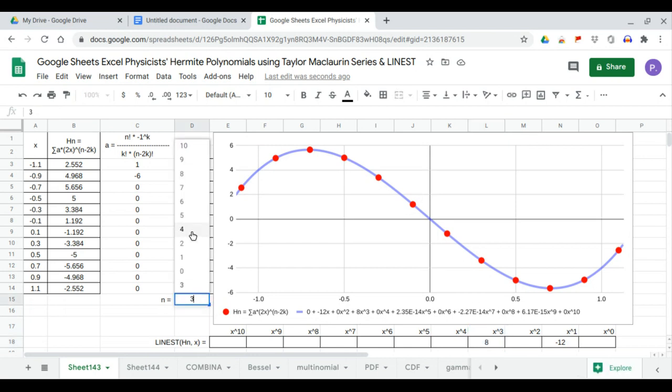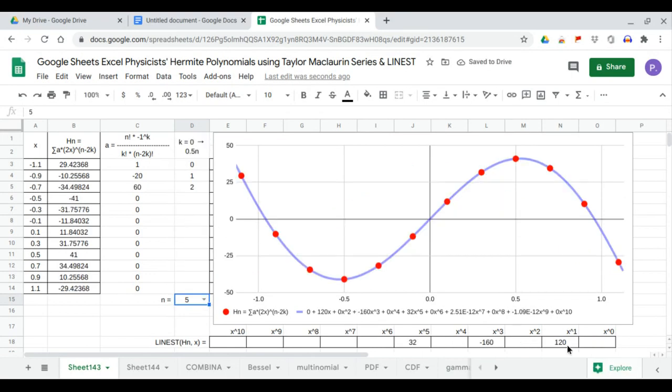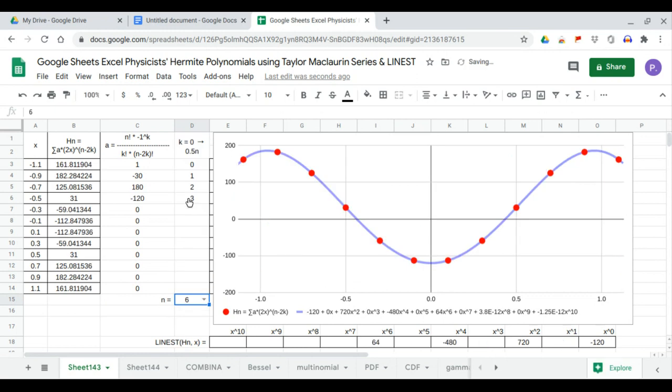N equals 4. Hermite polynomial is equal to 12 minus 48x squared plus 16x to the fourth. N equals 5. Hermite polynomial Hn is 120x minus 160x cubed plus 32x to the fifth. N equals 6. Hermite polynomial equals minus 120